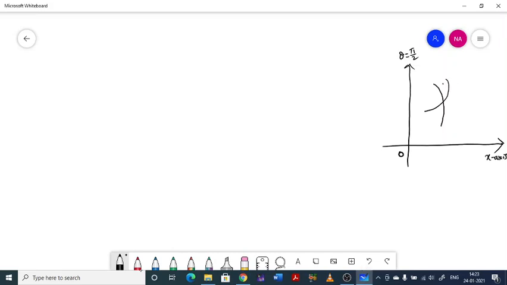Okay. And for this curve, this is tangent 1, and for this curve tangent will be, say, like this. This is tangent 2, and the angle between these two tangents,